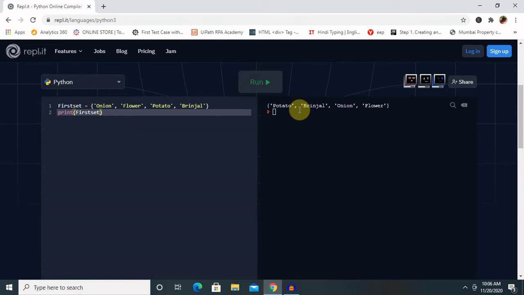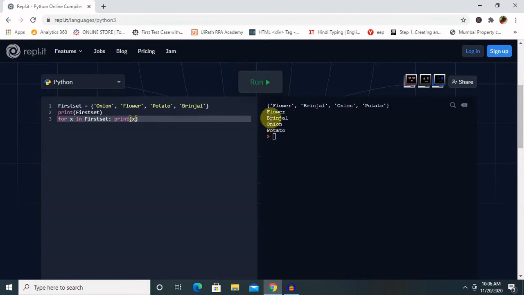Just see, if I want to print some value within a for loop, here I am giving for x in and the set name. My set name here is first set, then after the colon I will print my value of x.